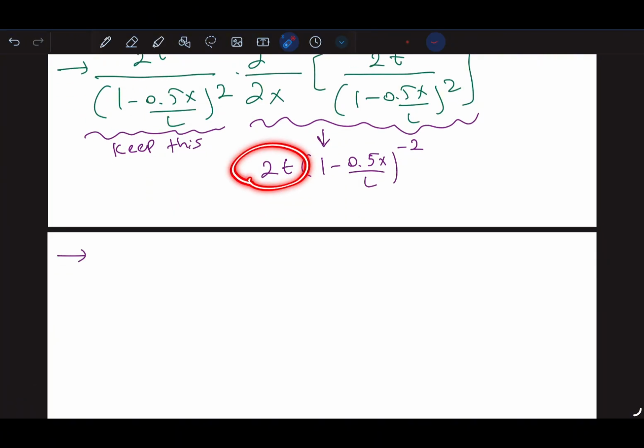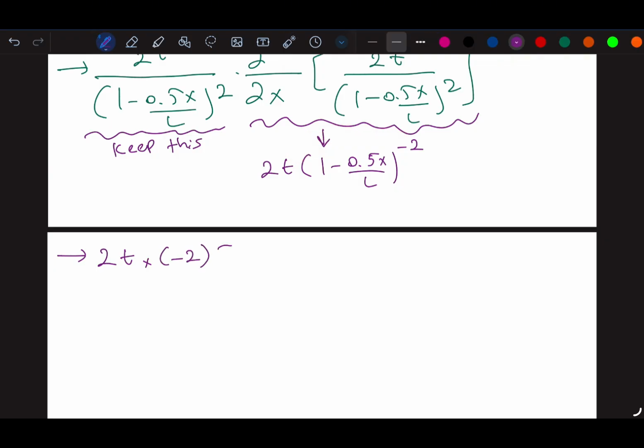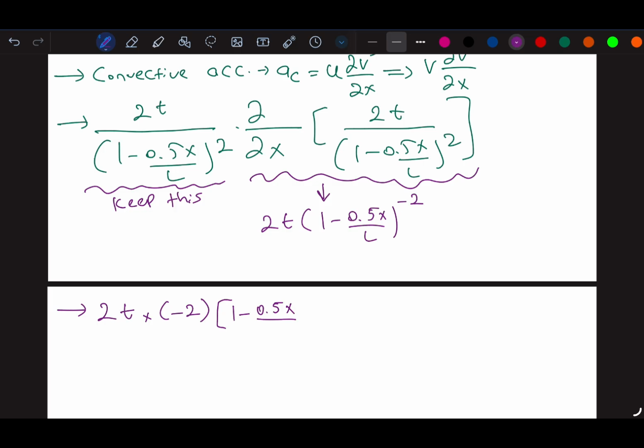So we have 2t here, which will not be changed, times, and right now we need to get the derivative of inside of the parentheses and the derivative of the entire term. So we will have minus 2 coming here, and the derivative of the entire parentheses,